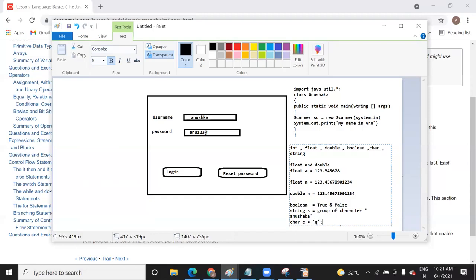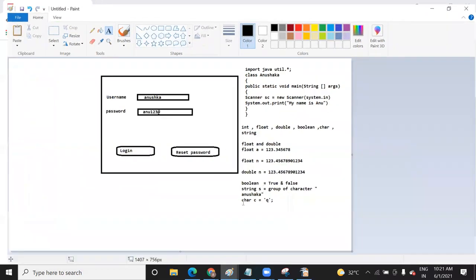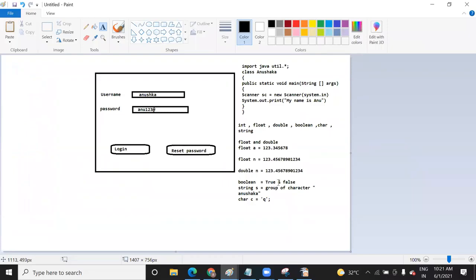So by this representation, you can easily find out which is a string or which is a float, and in this way we can understand what a Boolean variable is, and these are all different kinds of data that you can hold.